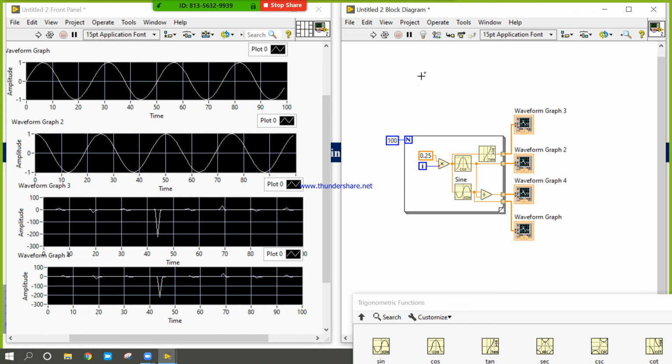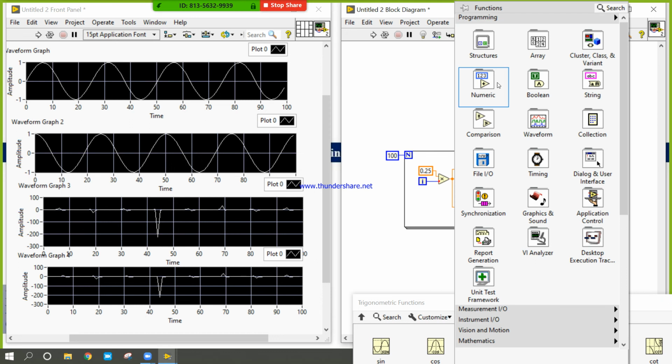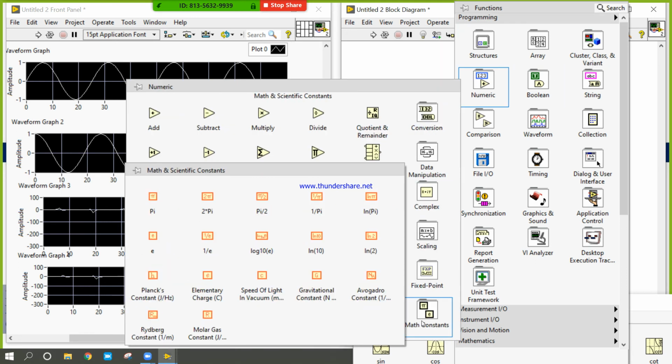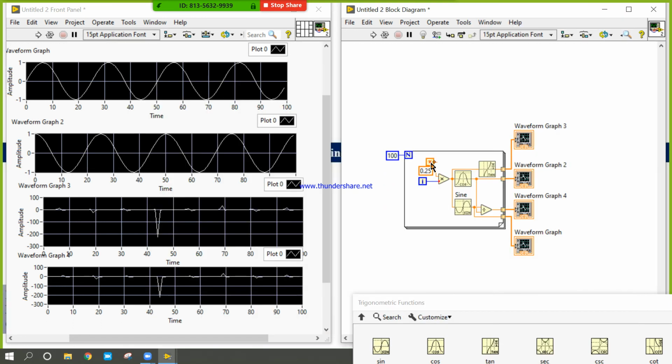How can we get the value as a constant? Why value as a constant? Right click, come to numeric, take pi, place here, delete this one, multiply with pi.